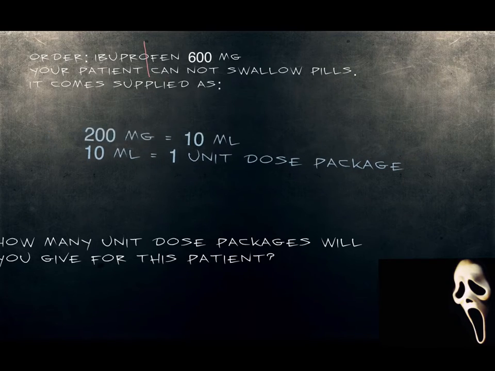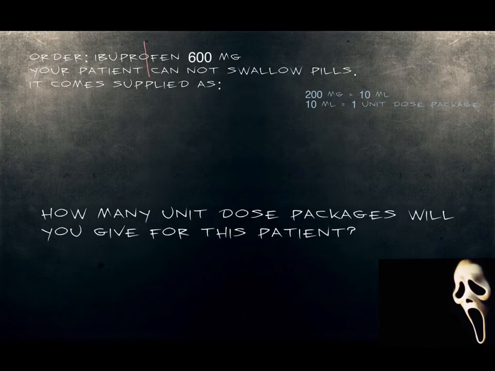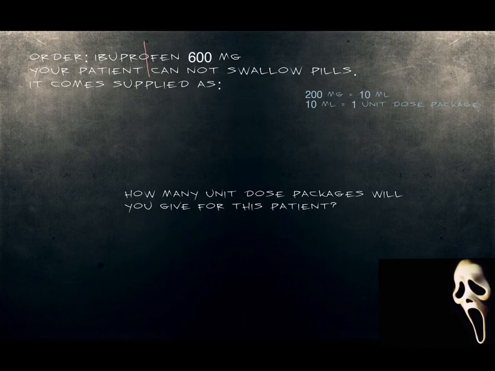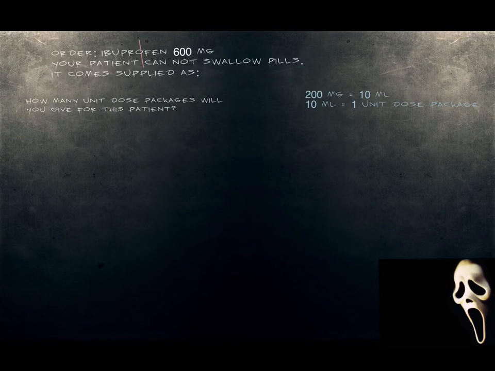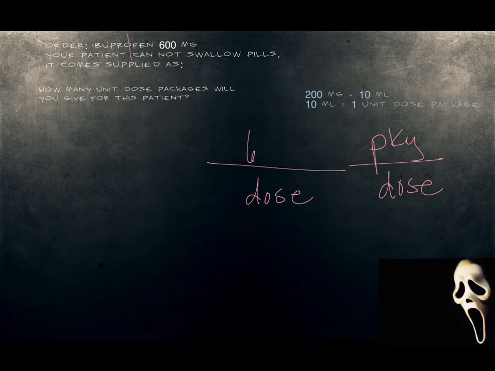Because we're nurses and we're concerned with realistically what dose we are going to give and what that's going to look like, we want to know how many unit dose packages we are giving for this patient, right? Let's set it up in dimensional analysis. In dimensional analysis, you begin with the end in mind, or start where you hope to finish. We want to know how many packages equals a dose, and we want our dose on the bottom. We know our dose is 600 milligrams. That's what was ordered. And now we want our package on the top. So a package